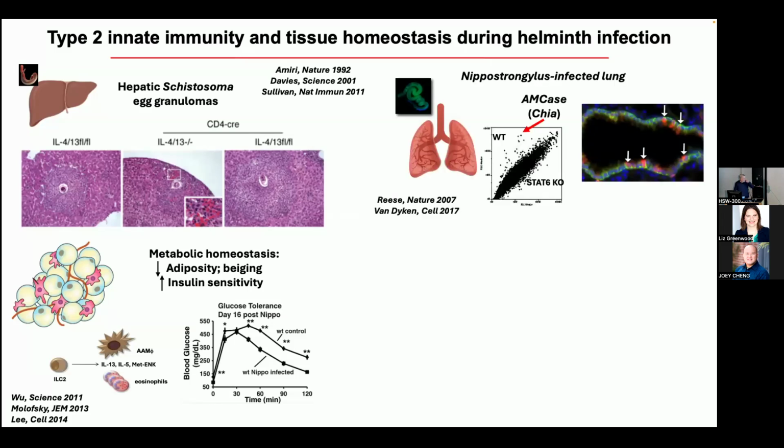And another one was started by Tiffany Reese, who had found that chitin, which is kind of the molecular bones of a lot of allergens, would induce this type 2 response. And Steve Van Dyken had carried this forward to find out what genes were downstream of STAT6 signaling, which is the transducer of the IL-4/13 receptor. And the highest upregulated gene in the lung was chitinase. And humans don't make N-acetylglucosamine, this complex polysaccharide. It's insoluble, indigestible. But Steve could show that it was induced in club cells in the lung.